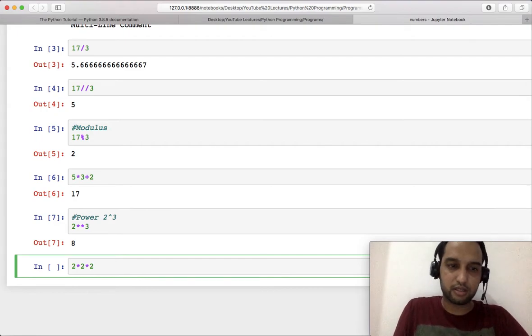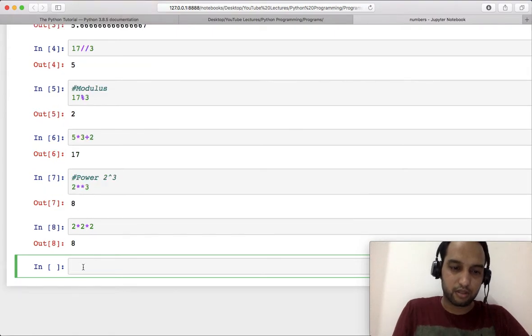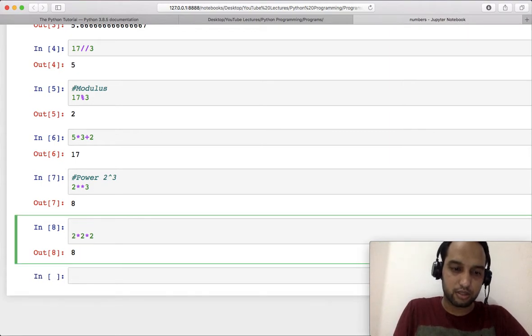Power means you are multiplying the number by itself 3 times, or in general, n power m means you are actually multiplying n m times. So it goes on and we can write m times here. You can comment it out and write it like this. Clear?